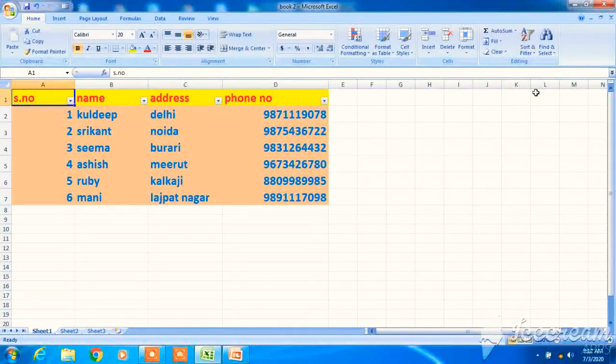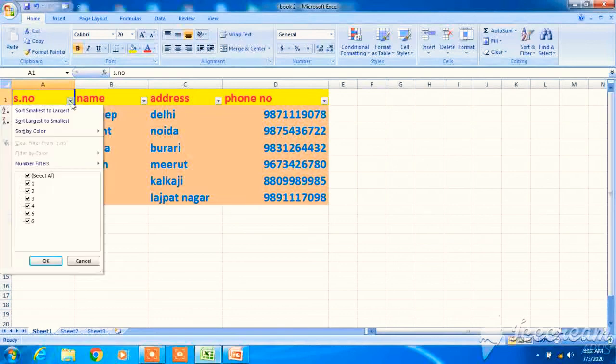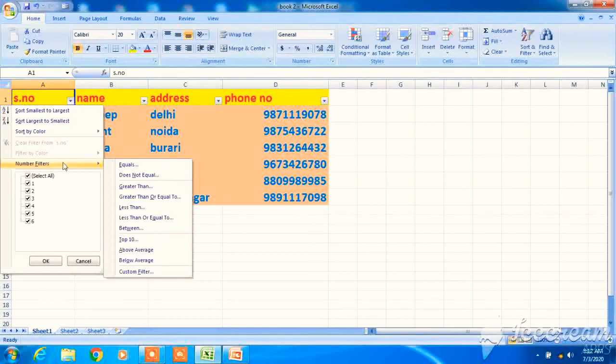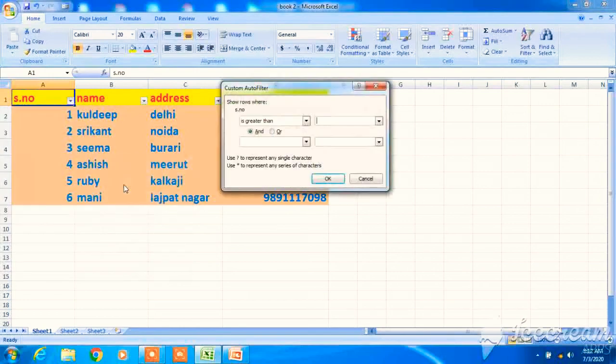Fine, till this fine. After that, click on this icon. For customize filter, you have to select number filter. Any of this you can select. Suppose I select greater than. Serial number should be greater than 3.